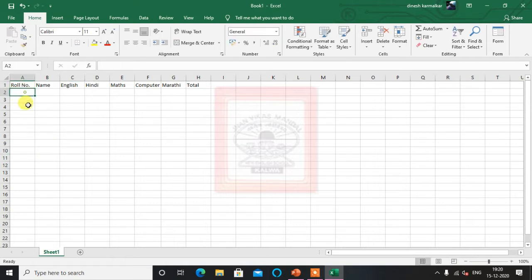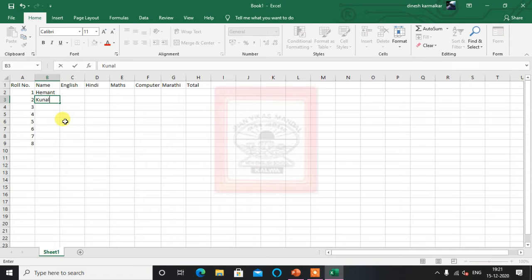Now we will take the roll numbers 1, 2, down. Let's say with the autofill function, I can take the 8 roll numbers here. Names I'm taking from the book. Let's put all the names here.